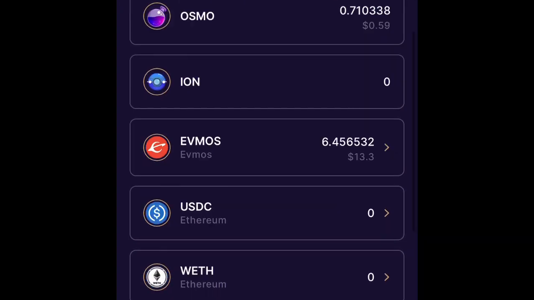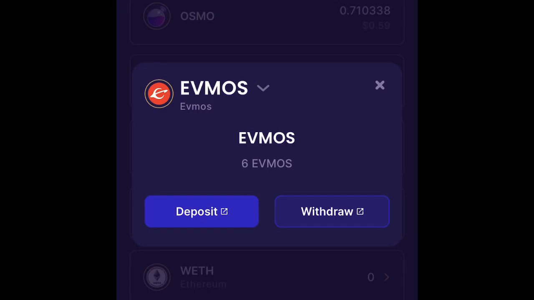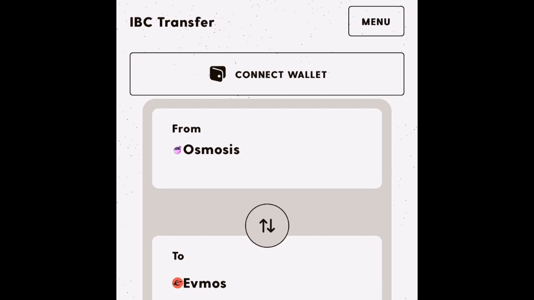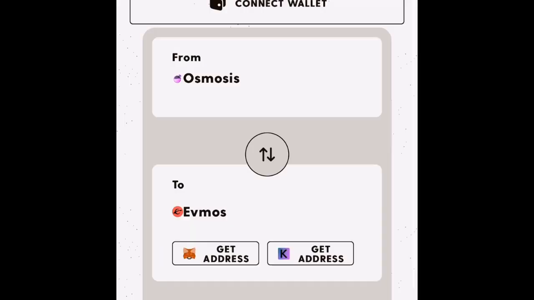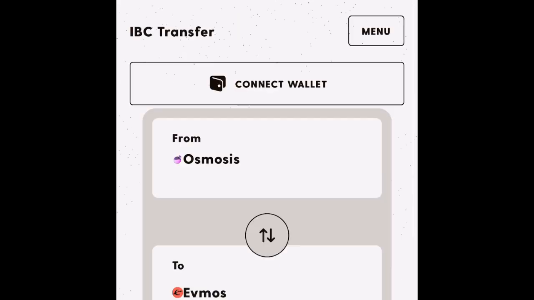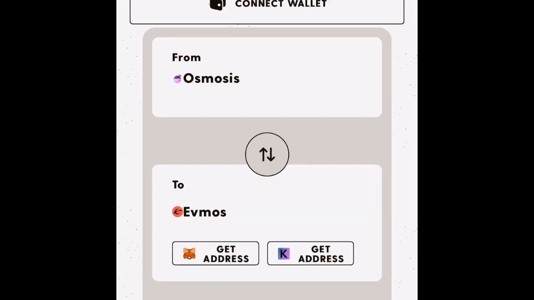All right. Right now, it's the same thing backwards. If I were to swap Evmos for Crow and I want to send my Crow back to my Cosmostation, to send it back to the DeFi wallet, whatever I want to do, I would hit withdraw. But when you hit withdraw, it's going to send you back here. And when I try to connect here, it won't let me because I'm using the browser. So we're going to go into this website now on the Metamask.